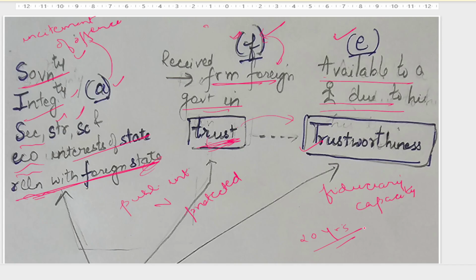Provided that where any question arises as to the date on which the said period of 20 years has to be computed, the decision of the central government shall be final, subject to the usual appeals provided under the Act. So how to compute these 20 years? If any question arises as to the date from which the 20-year period is to be computed, the decision of the central government will be final.